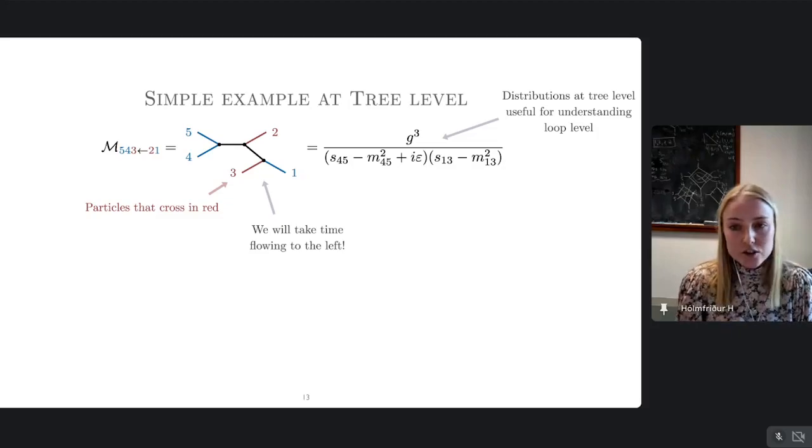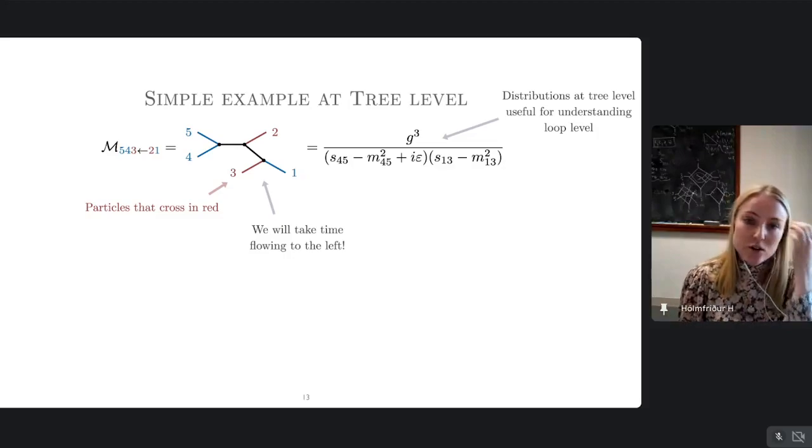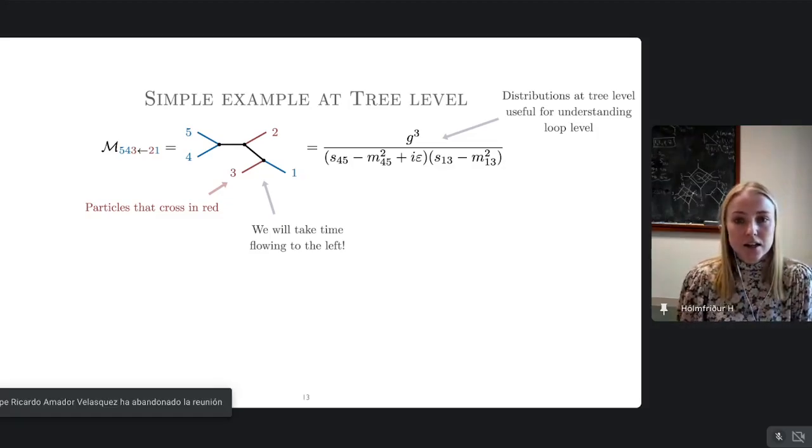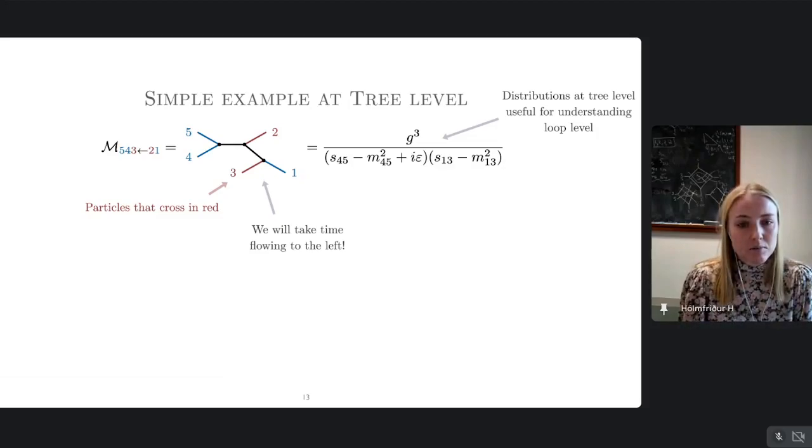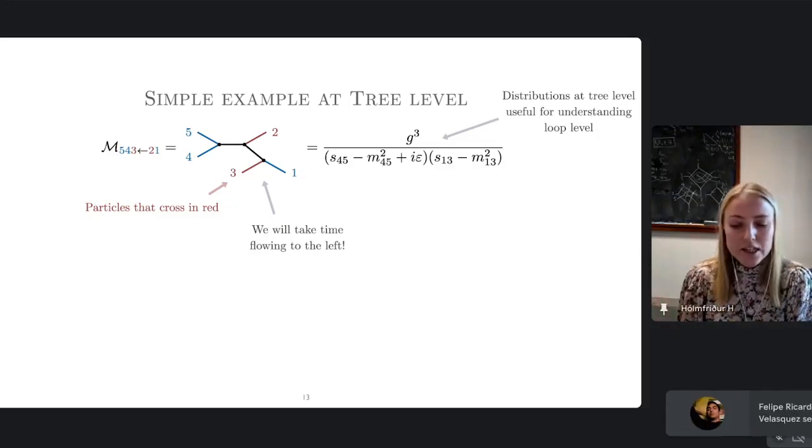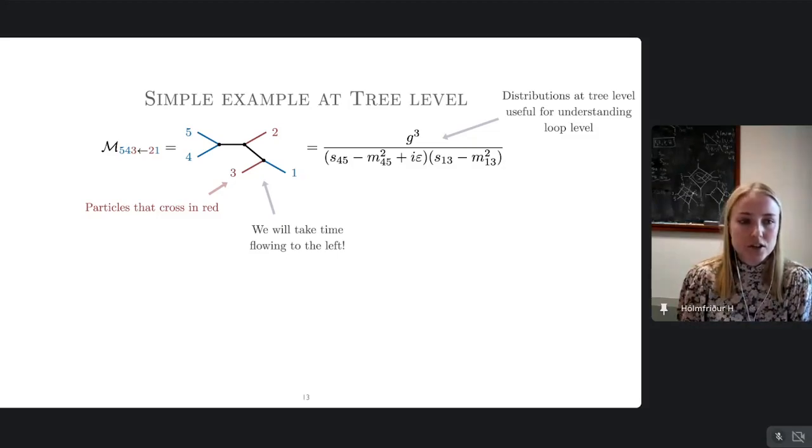So what we'll actually do in the end is to do something similar to what we discussed earlier, to use tensor reduction and prove crossing at the level of individual master integrals or individual integrals in the bases. And it's not so hard to show, and it's in our paper, that the numerators go along for the ride in this story. But for now we're just doing scalar theories because it holds more generally, but it's easiest to understand. All the meat is in the denominators anyway. All the complications are in the denominators.